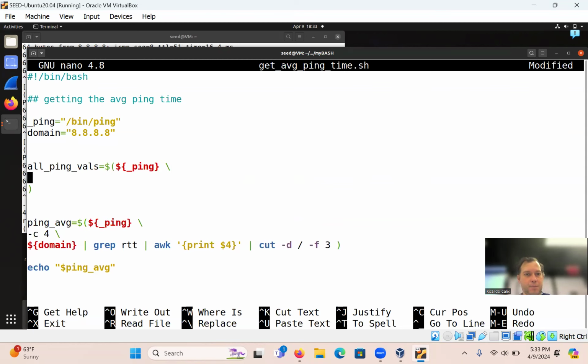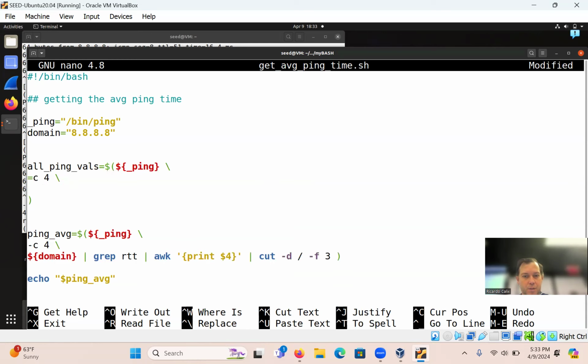backslash -C4 backslash $domain pipe grep RTT pipe awk and just print 4.